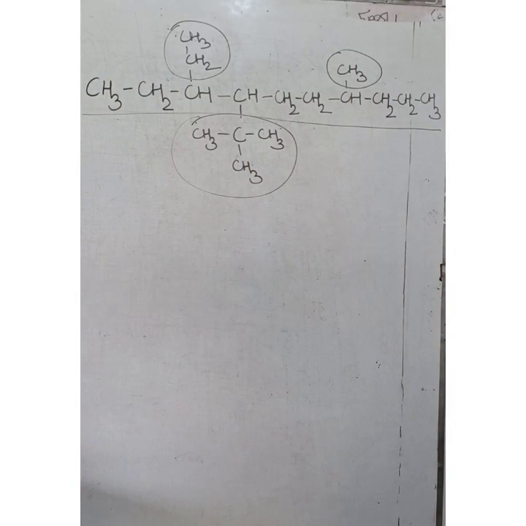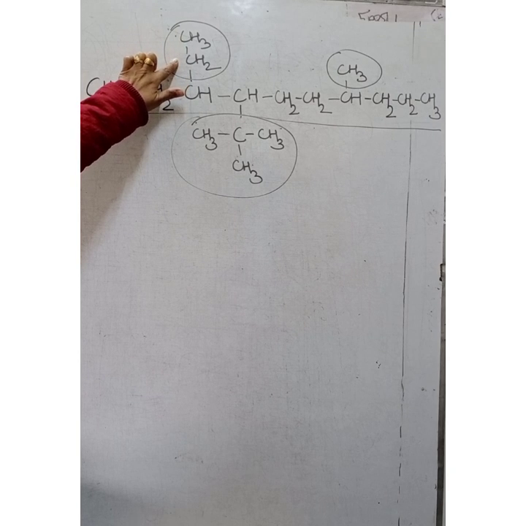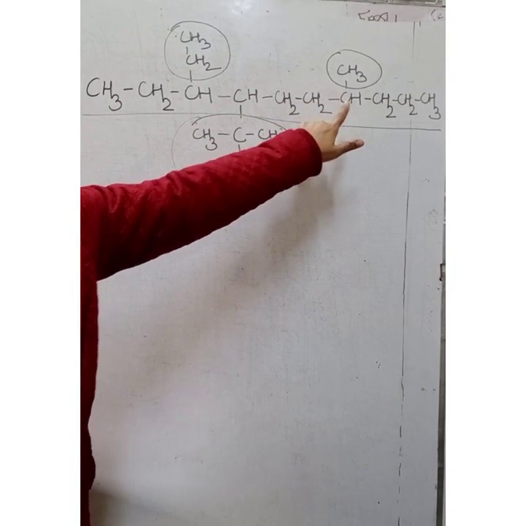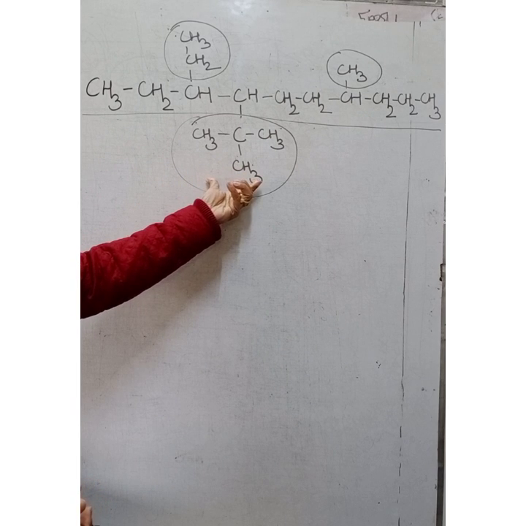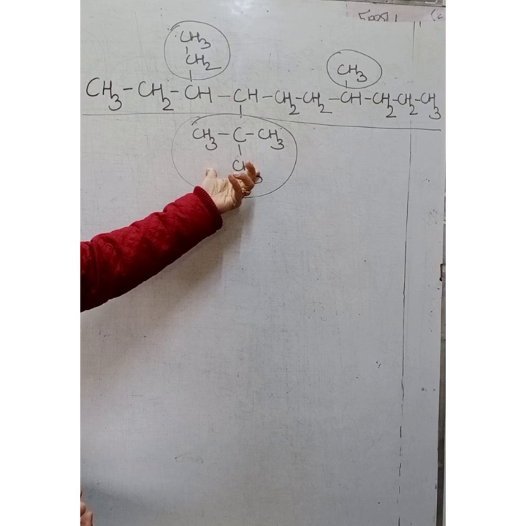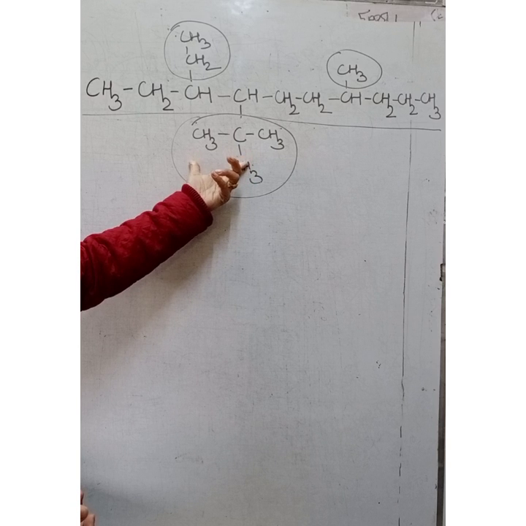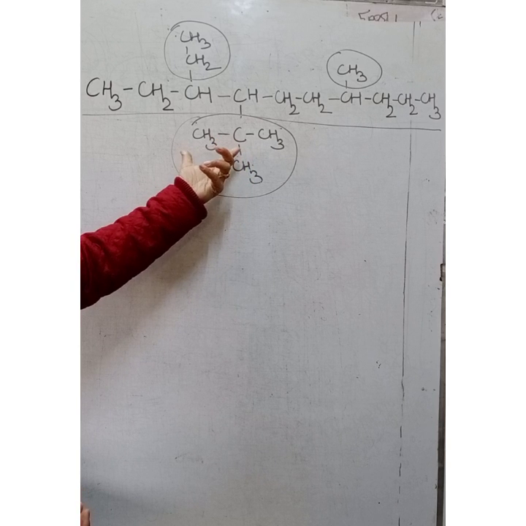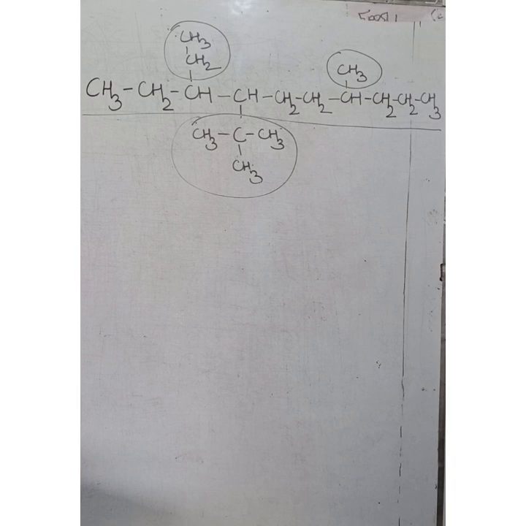Now, you can see here there is C2H5, that means an ethyl group is present as a substituent. Here a methyl group is present as a substituent. Now, if you observe this group, it is a complex group. Whenever the substituent present in the carbon chain is complex, it is treated as a substituted alkyl group and its name is written in brackets. The rest of the rules of naming remain the same.